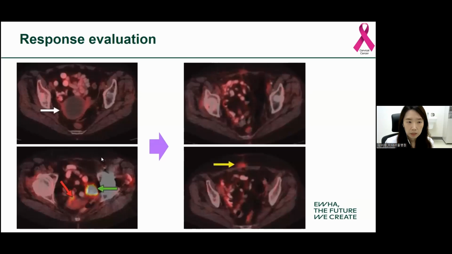This is another case that shows the role of the FDG PET-CT in the response evaluation. So this is the patient. The patient is an 82-year-old woman with invasive, poorly differentiated carcinoma with features of squamous cell carcinoma. So in the initial PET-CT, yeah, actually there is no main cervical cancer. Anyway, here is